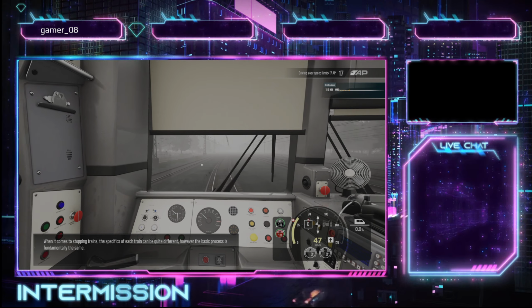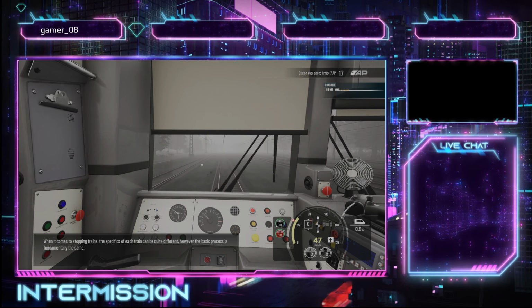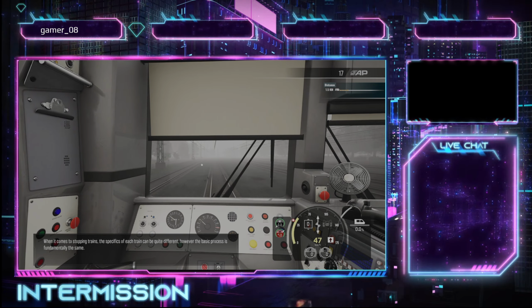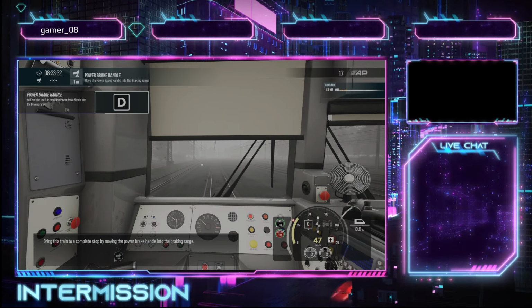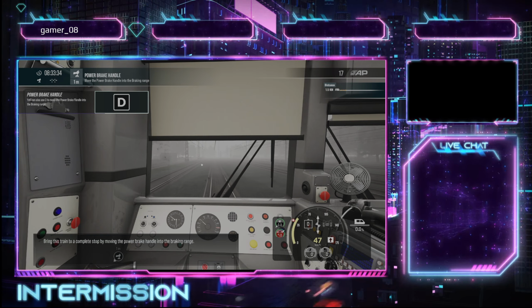When it comes to stopping trains, the specifics of each train can be quite different. However, the basic process is fundamentally the same. Bring this train to a complete stop by